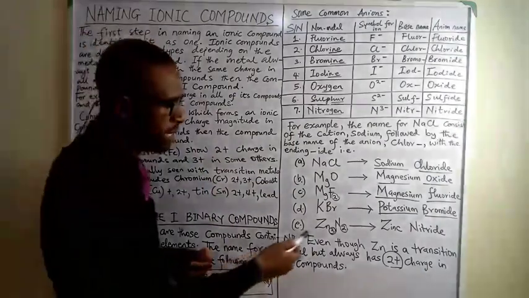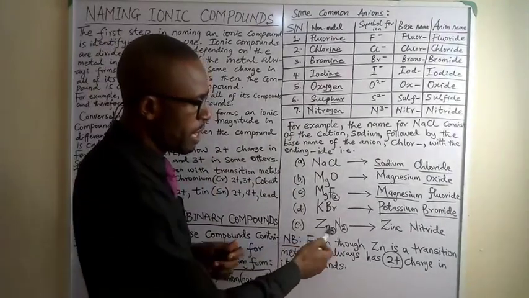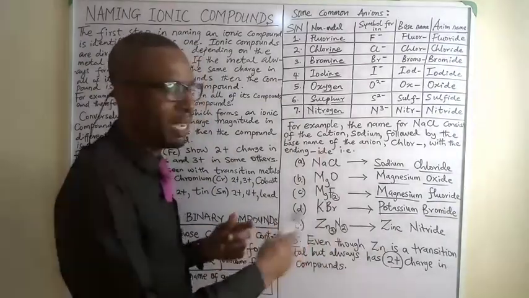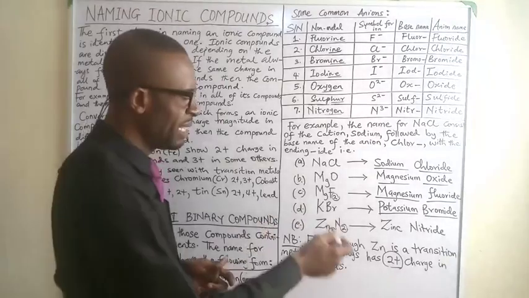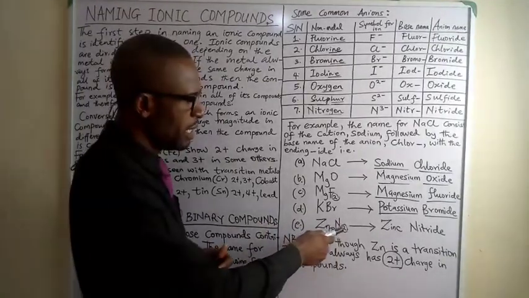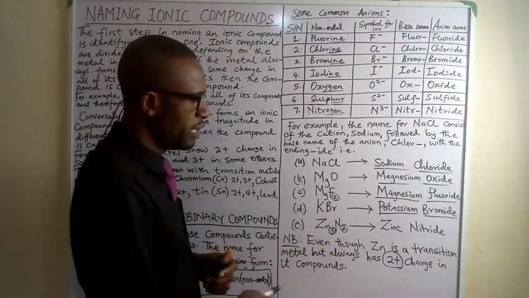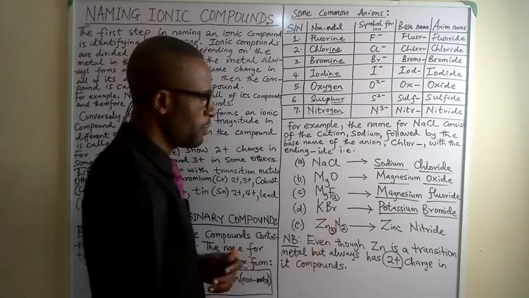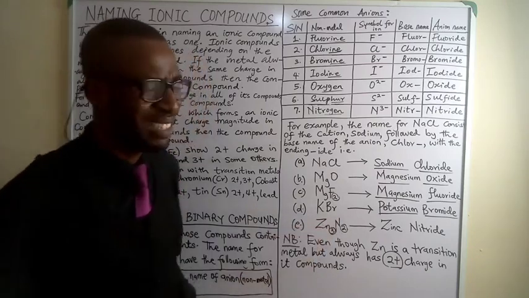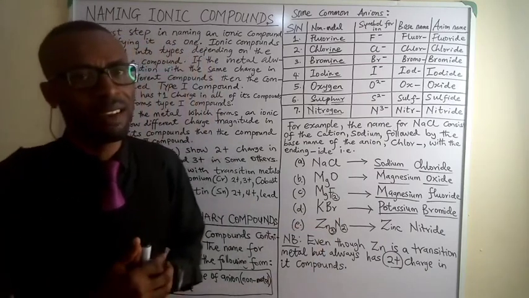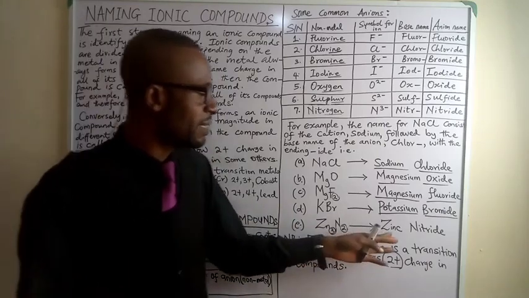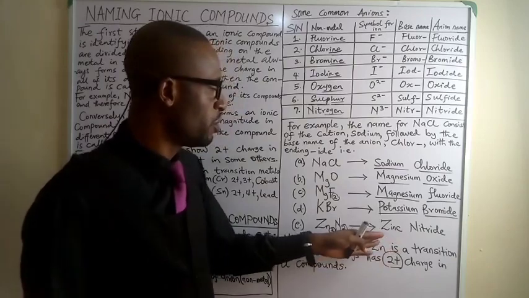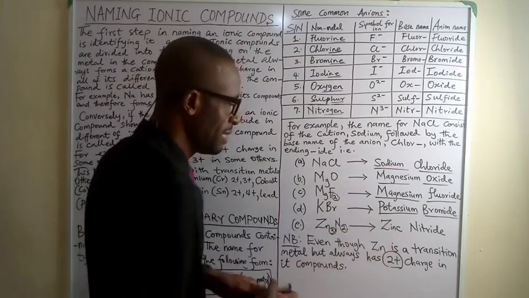So what it simply means is that these subscripts, when you exchange them, will give us back the magnitude of the charges of the 2 elements, the metal and the non-metal. So the charge of zinc in this compound is +2, while the charge of nitrogen in this compound is 3-, as we did in our last lectures. Okay? So having said that, you discover that this will just be called zinc nitride,